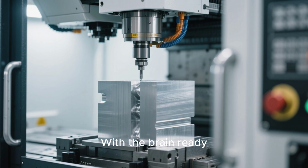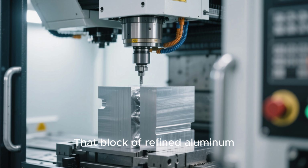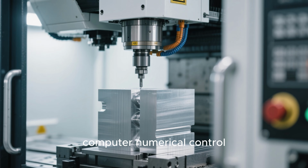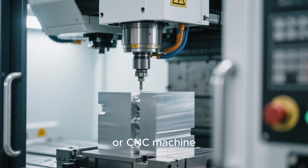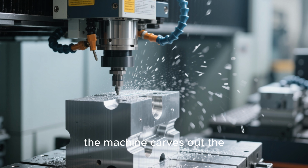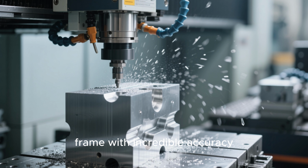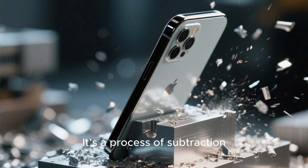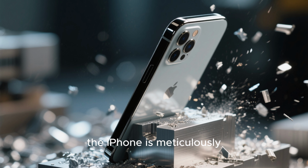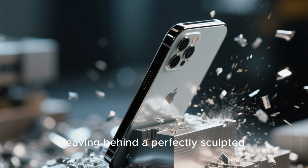With the brain ready, it's time to build the body. That block of refined aluminum is placed into a computer numerical control, or CNC machine. Guided by a precise digital blueprint, the machine carves out the iPhone's unibody frame with incredible accuracy. It's a process of subtraction, where everything that isn't the iPhone is meticulously milled away, leaving behind a perfectly sculpted,